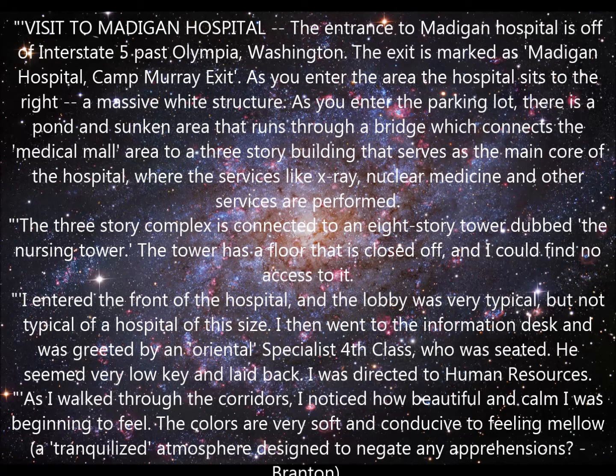The 3-story complex is connected to an 8-story tower dubbed the nursing tower. The tower has a floor that is closed off, and I could find no access to it. I entered the front of the hospital, and the lobby was very typical, but not typical of a hospital of